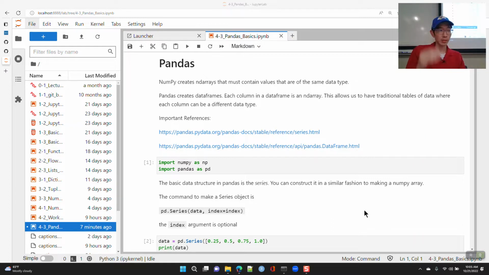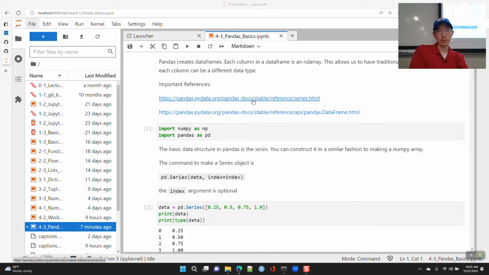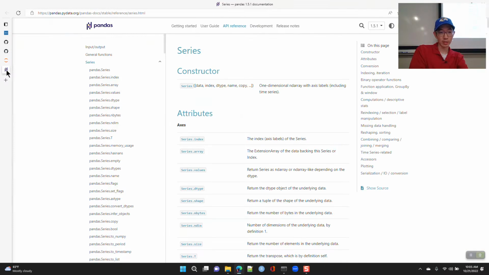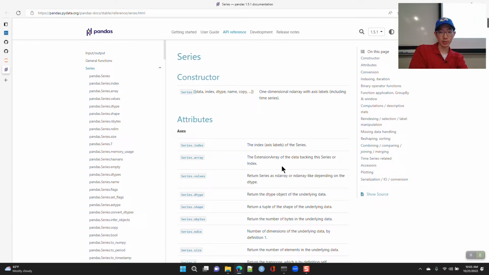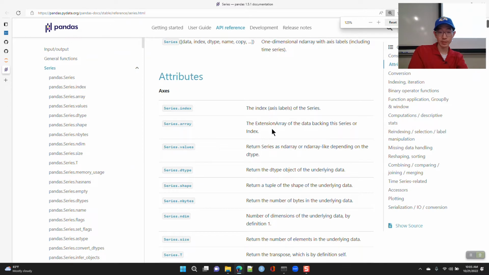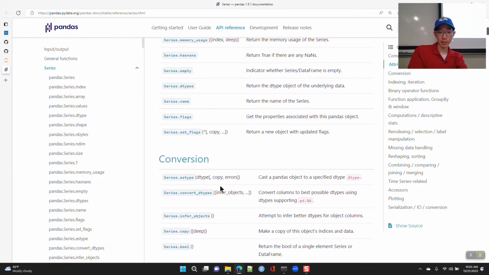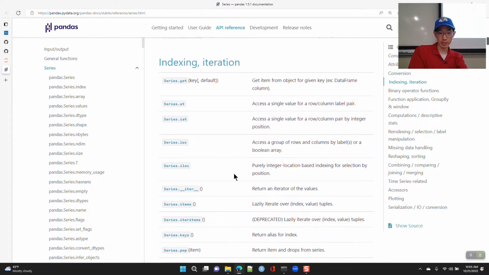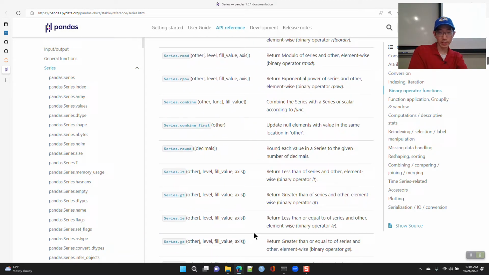We call those columns series, and you can reference the help files regarding series; there's a whole bunch of attributes and methods and things like that.